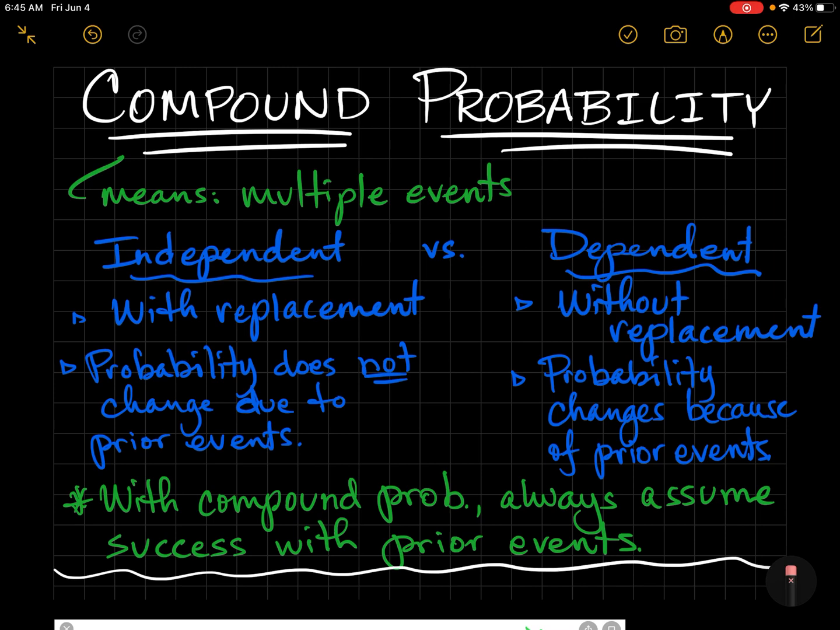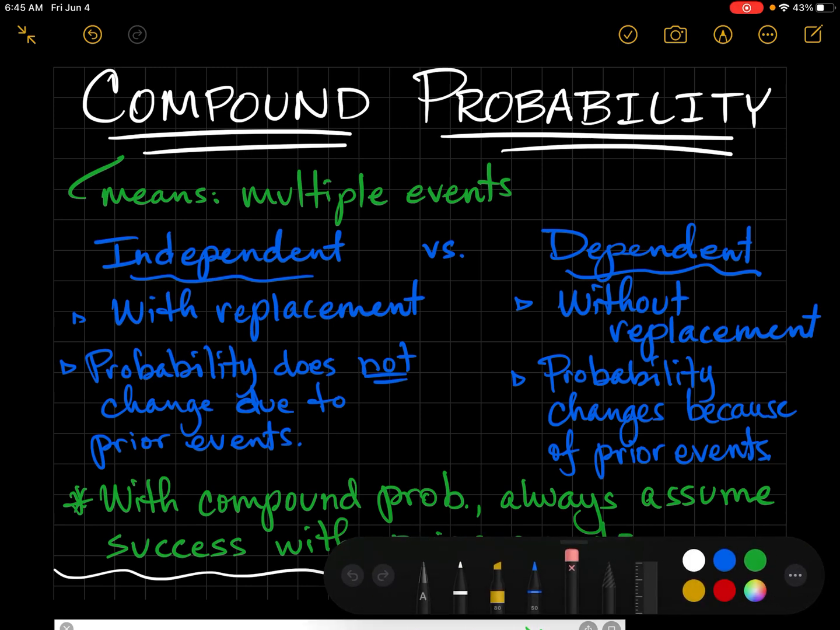Today's lesson is on compound probability. Compound probability means that we have multiple events. Those events can be independent or dependent. If the events are said to be independent, that means that it's with